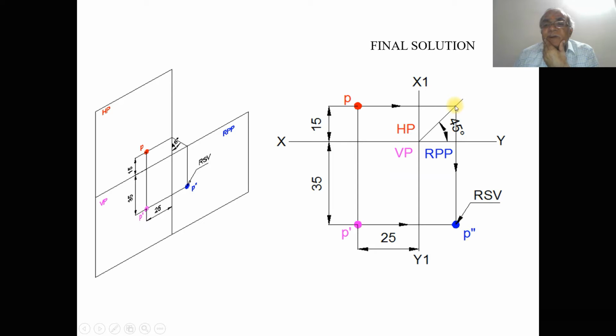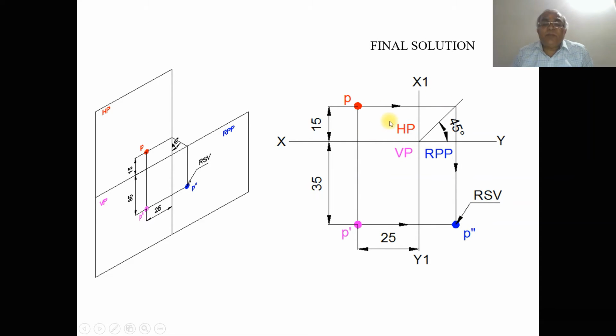Then you project this from the 45-degree line to the bottom, to the right profile plane, where you have the front view. On that line you are going to get the side view. So both these two lines are going to intersect at this point. You mark this point as P double dash, and this view is going to be the right side view, and draw the corresponding dimensions. So this is how the final solution you will get in projections of a point in the third quadrant.